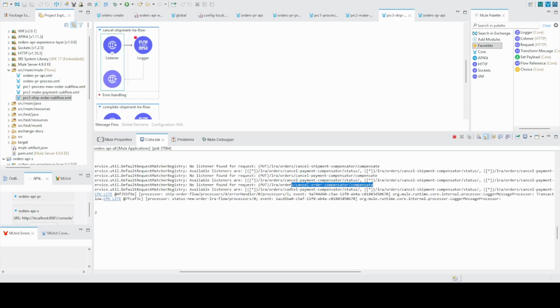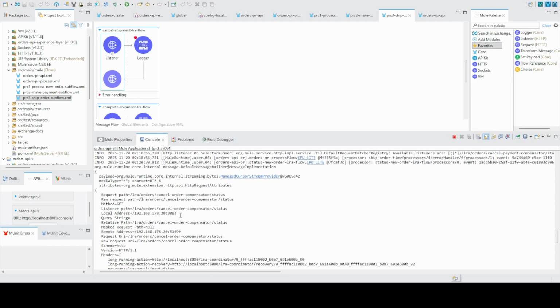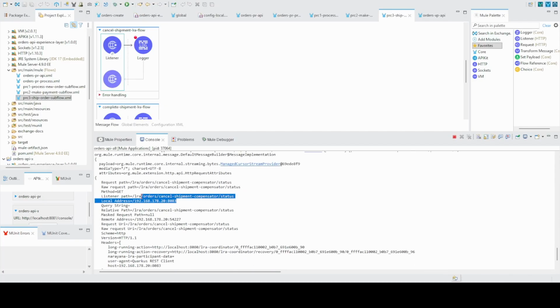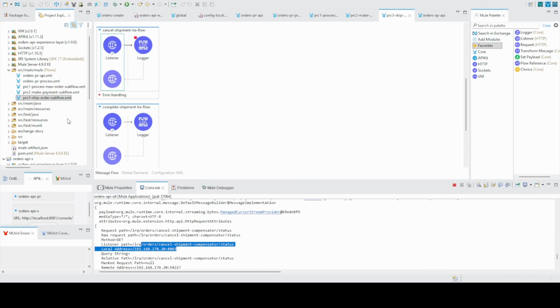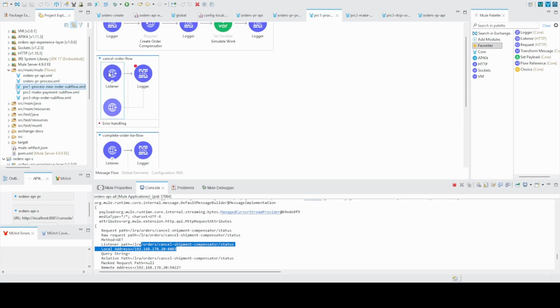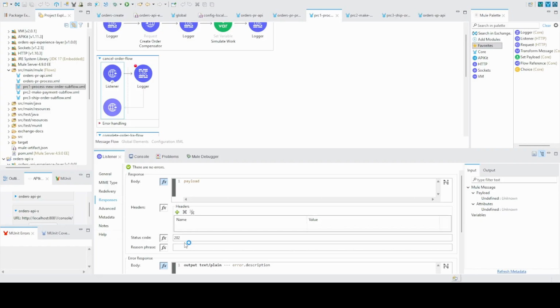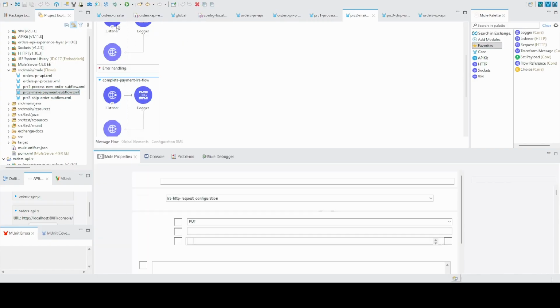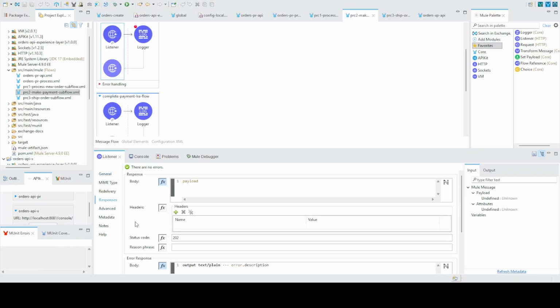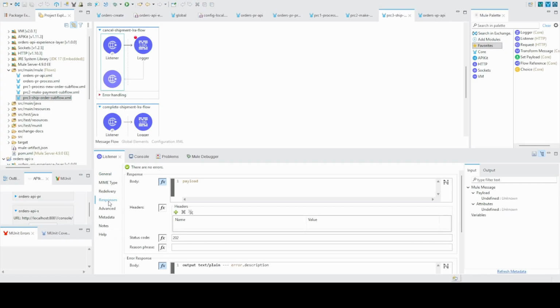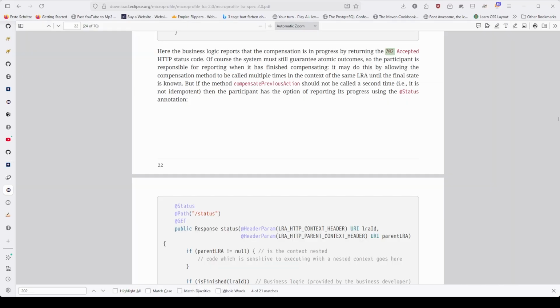procedure. Now let's look at the different response statuses from the callback that the LRA coordinator is going to trigger. Usually, depending on the type of response that we give back to the coordinator, it's going to decide what the coordinator has to do next. As you can see here, we have a 202 response, and here a 202 as well. And that's the reason why